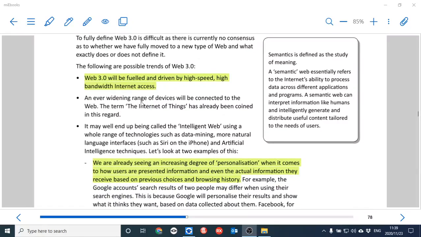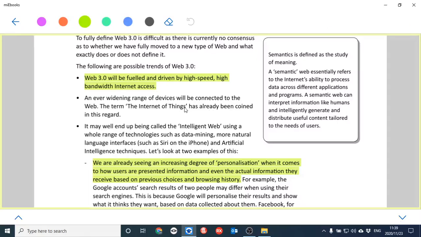An ever-widening range of devices will be connected to the web. This term, the Internet of Things, has already been coined in this regard. So what do they mean by the Internet of Things? Well, quite literally, as it says, today we have our cell phones, perhaps we have smart watches that connect to the internet.